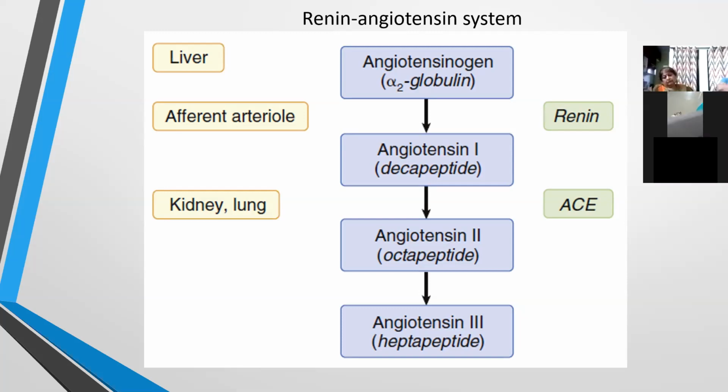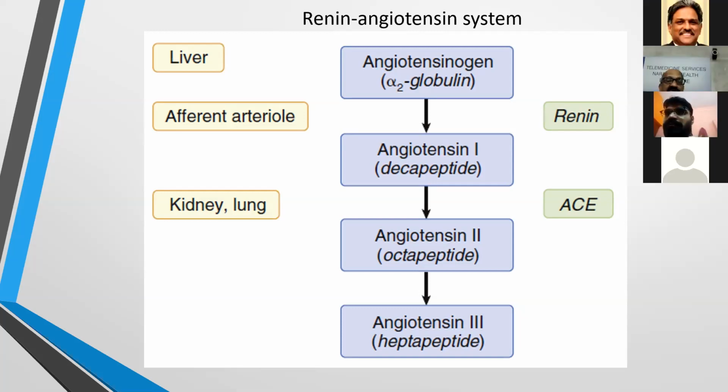Angiotensinogen is produced by the liver cells, and is converted to angiotensin 1 as a result of the action of renin, which is produced by the juxtaglomerular apparatus. This is in turn converted to angiotensin 2, which is an octapeptide, by the action of angiotensin converting enzyme. Here we have antihypertensive agents which either act on the receptors causing angiotensin receptor blockade, or they can be angiotensin converting enzyme, ACE, inhibitors. And you have the